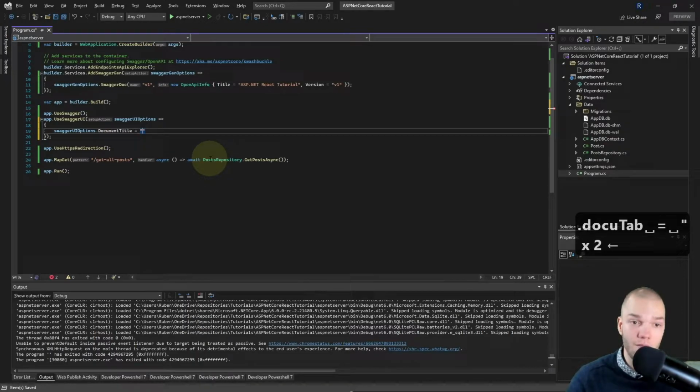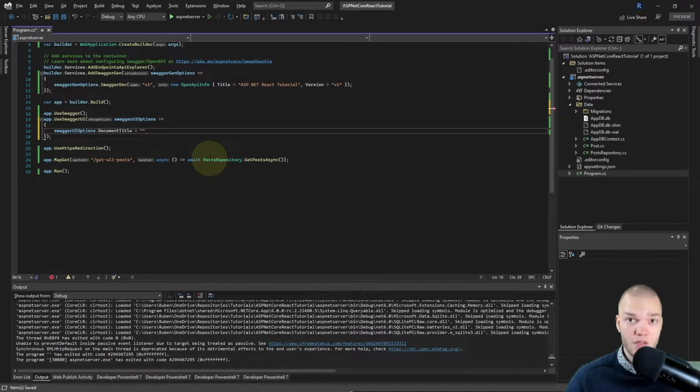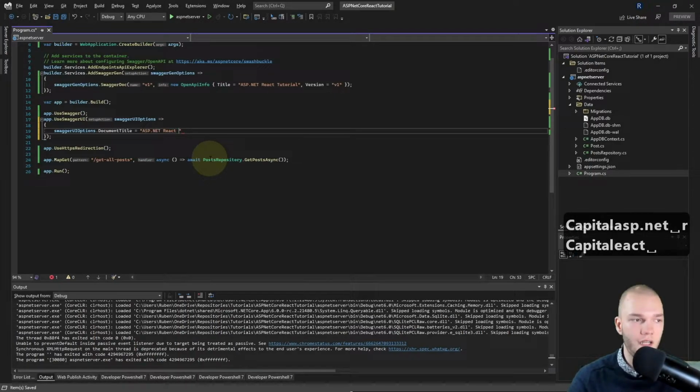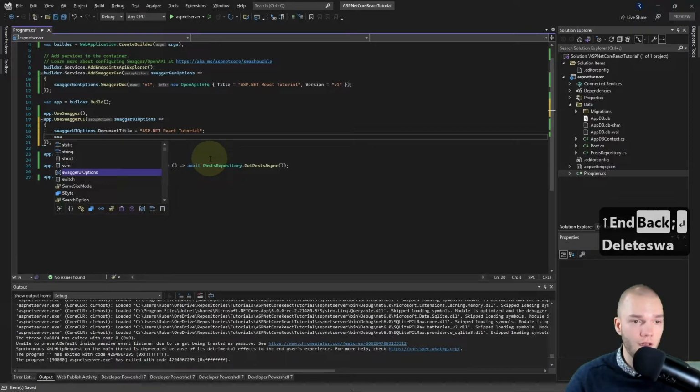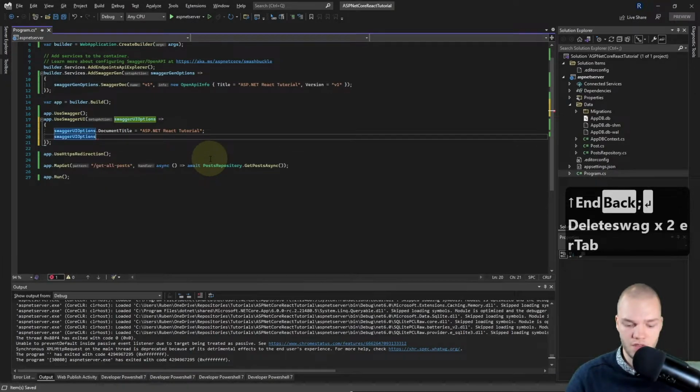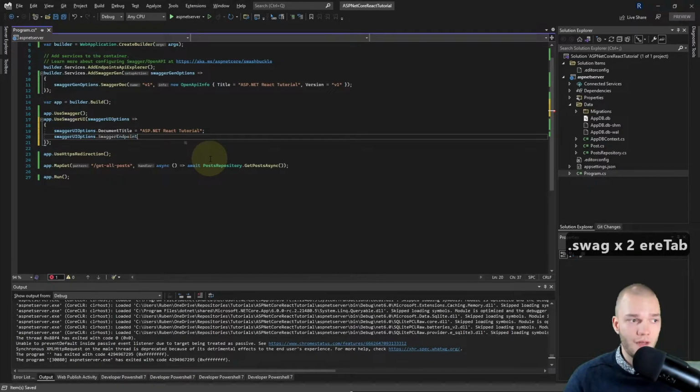That will be the name of the HTML page above in the browser tab's bar, and I'll just name that ASP.NET React tutorial, and I'll add a semicolon. I'll also do SwaggerUIOptions.SwaggerEndpoint.